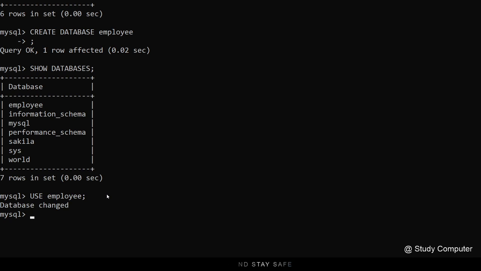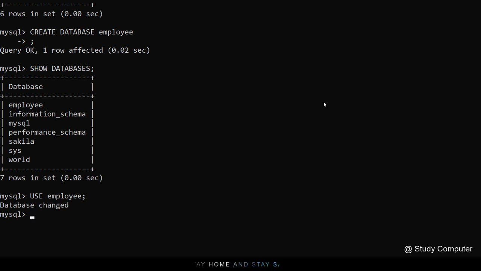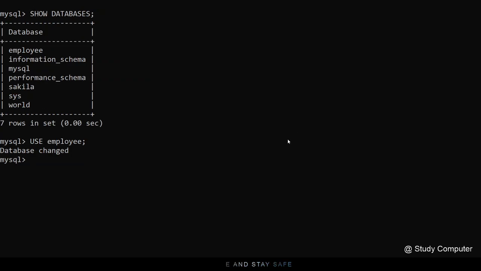You can see that the database changed. It means that I am currently accessing the database named employee. It's very important that whenever you want to create a table, alter a table, drop a table, or insert, update, delete or select, whatever DML or DDL statement you want to do, you have to access the database first. Without accessing the database, you cannot